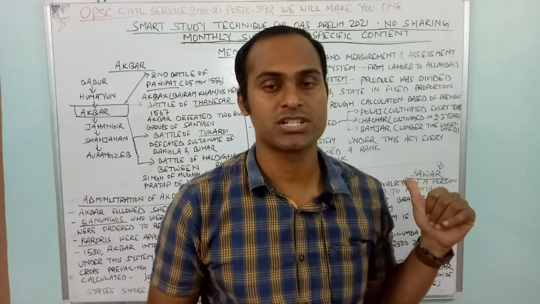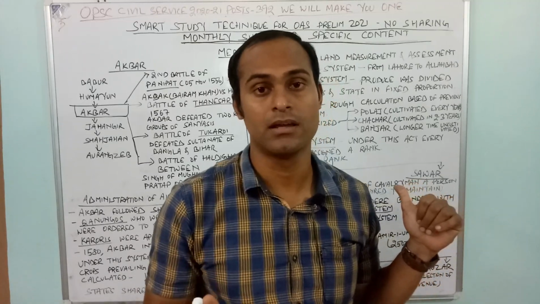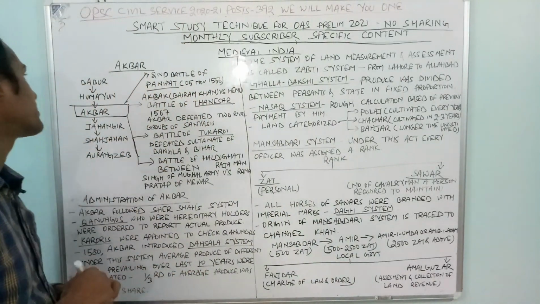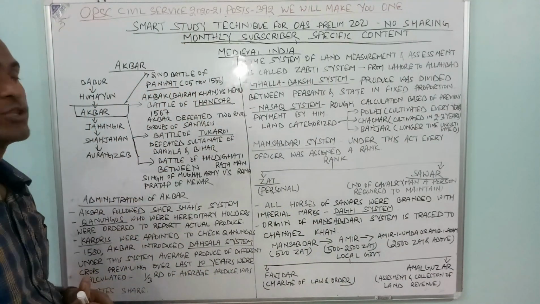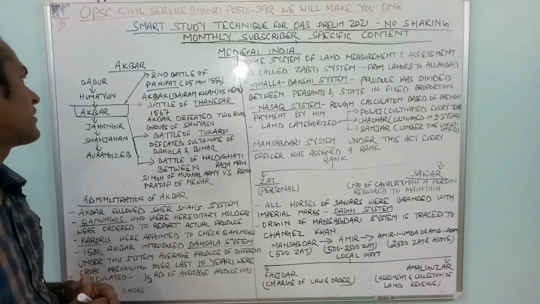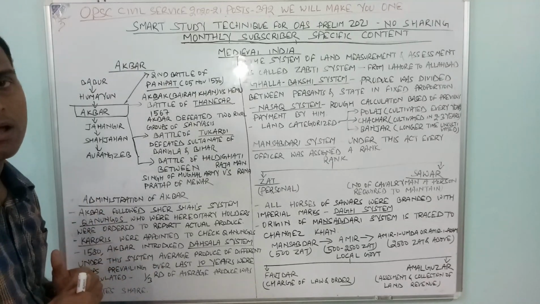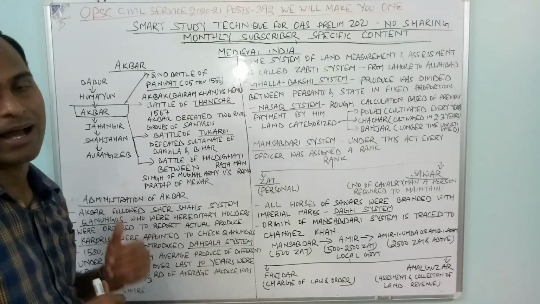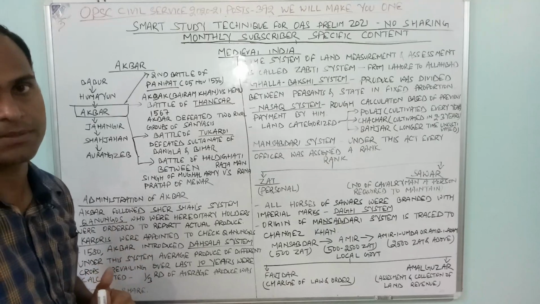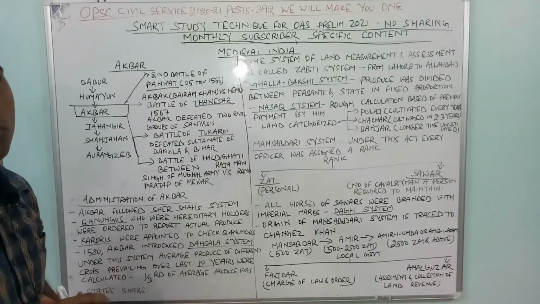So this particular discussion is very important because they have asked several MCQs many times about it. The chronology you should remember about the Mughal period is Babur. After Babur came Humayun, after that came Akbar. After Akbar came Jahangir. After Jahangir came Shahjahan, and after Shahjahan, Aurangzeb. This is the chronology that you should remember in the Mughal times.